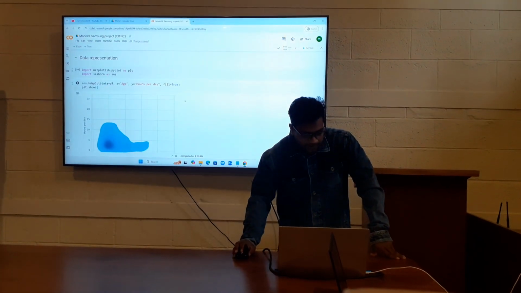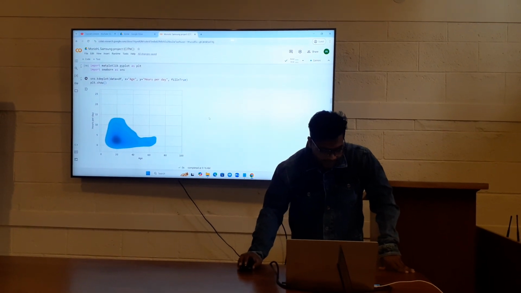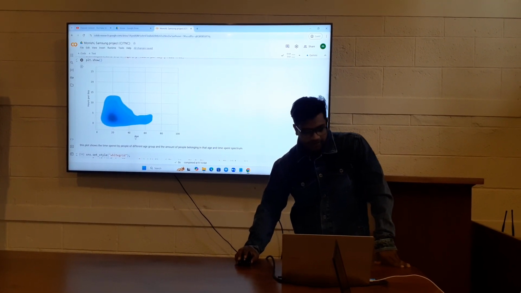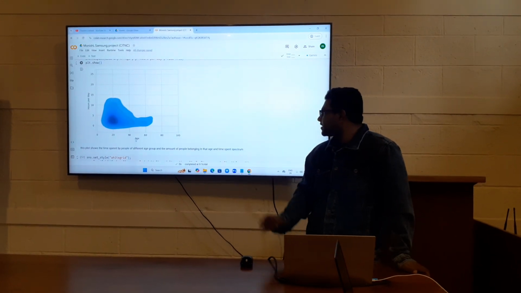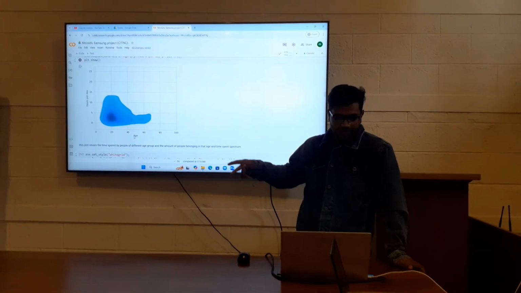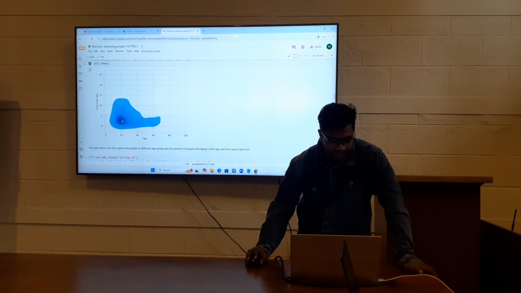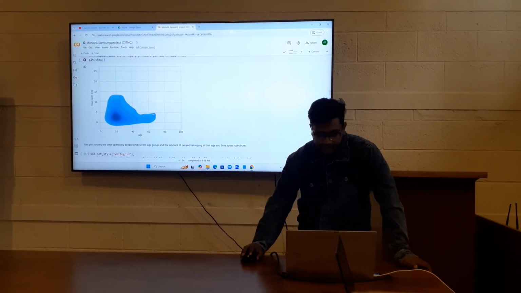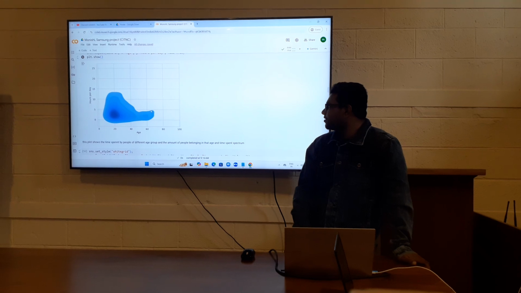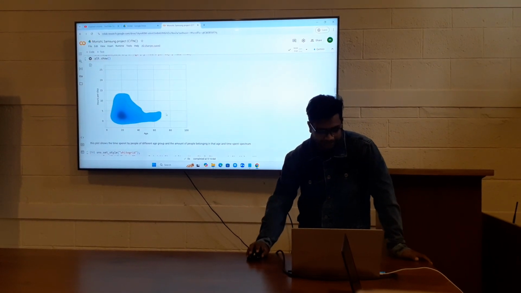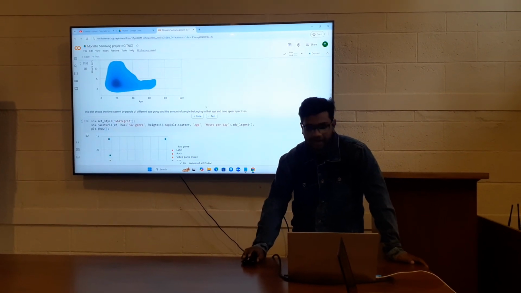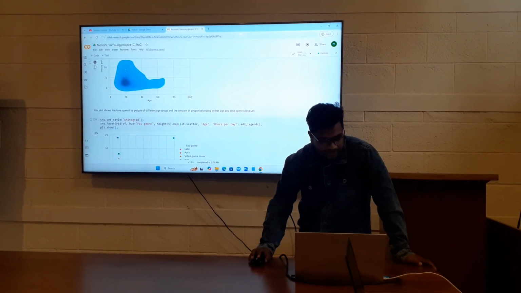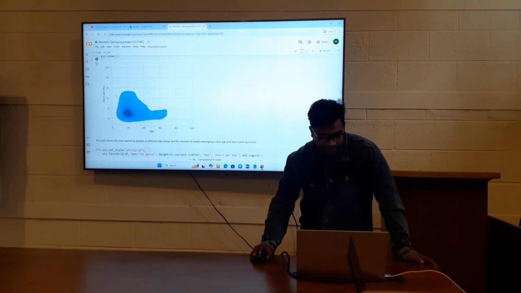So first we'll represent hours per day versus age. Here we can see which age group listens to more music, and which age group listens to less music. After 70, there are not a lot of people here. So from the data we gathered, we don't observe many people in their 70s listening to music, and people in their 20s listen to music a lot of the time in the day.